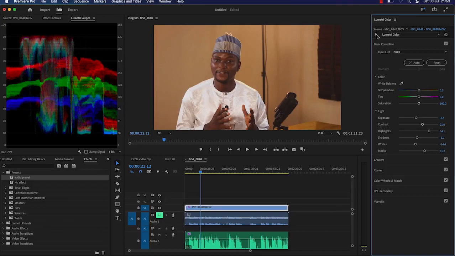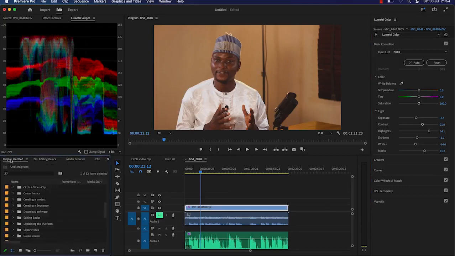You can check the before and after. Before, and this is after. So you've corrected the highlight, the lighting and so on. So this is basic. Now the next thing is to do the color grading. Color grading, like I have explained, you have to come back here. Then you have to come down here and right click to create an adjustment layer, or you select the introduction file,